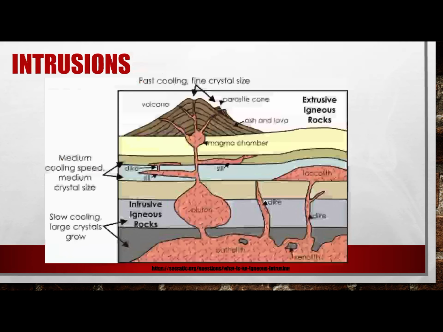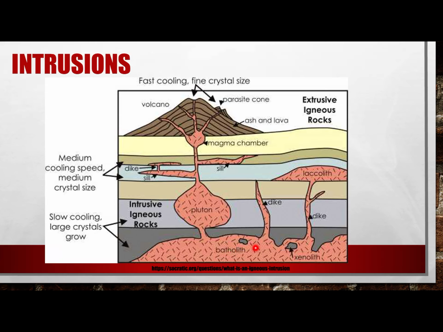The different ways igneous rocks cool are called intrusions. And this is, again, not talking about the chemistry, but here talking about the physical way that it's put together. You can start off with a batholith. This is a massive structure, at least 100 square kilometers at the surface. Translates to deep rock. These are mountain builders. These are the cores of some mountains. This is a huge quantity of magma.